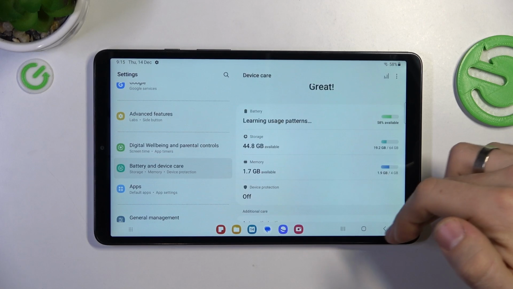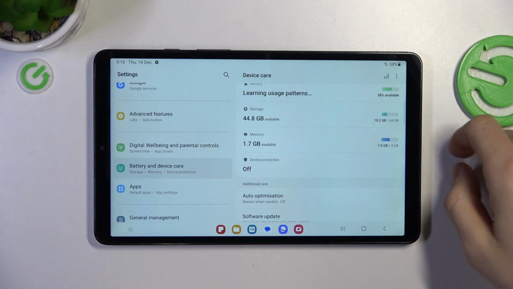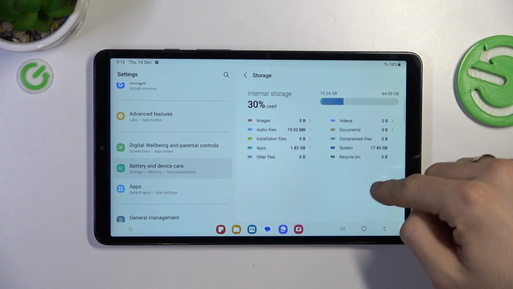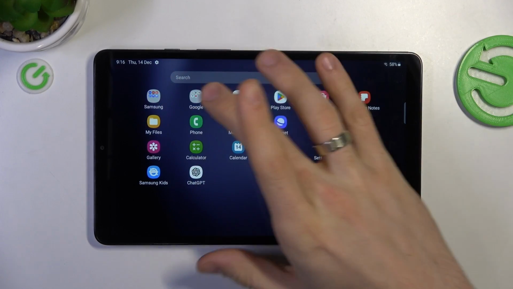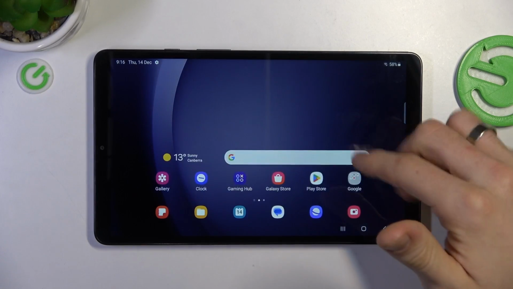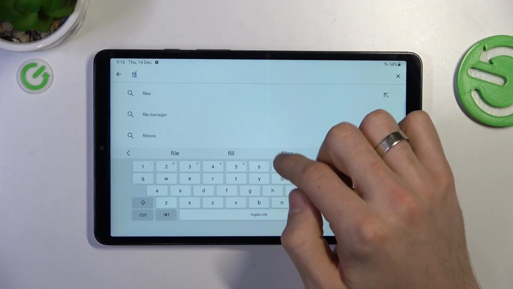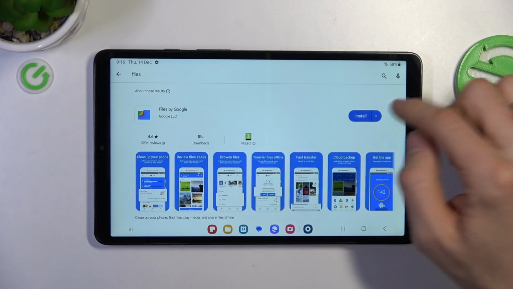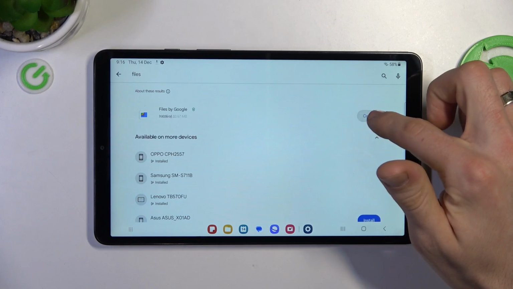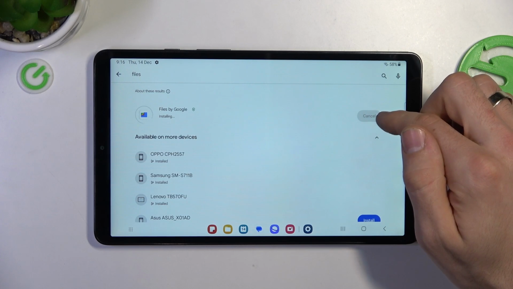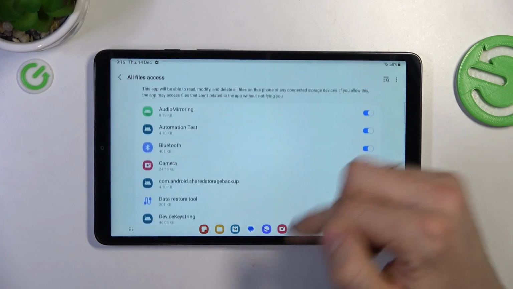Go back. And what about old files? On your device, of course, we have no built-in cleaner, but sometimes it is a very good idea to download the Google Files application, or just find Files by Google. Open, continue, allow all,